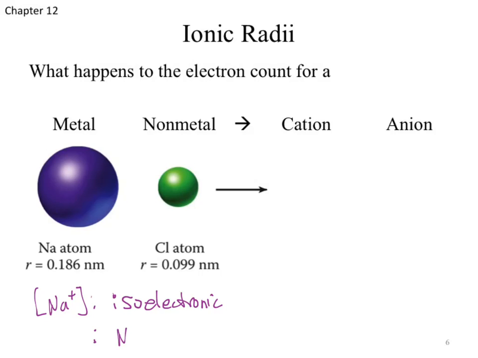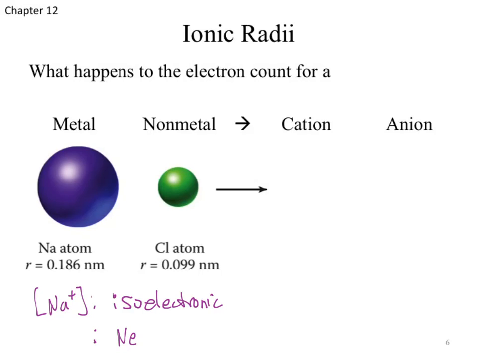Okay, what determines the size of our individual element? Protons, neutrons, or electrons? Or all of them? Electrons. Electrons are our primary contributor to size. So if we go through and compare sodium versus neon, which one has more electrons? Sodium, I didn't say sodium ion. Sodium has more electrons, so we would expect it to be bigger than neon.